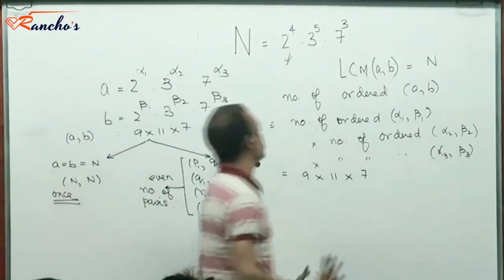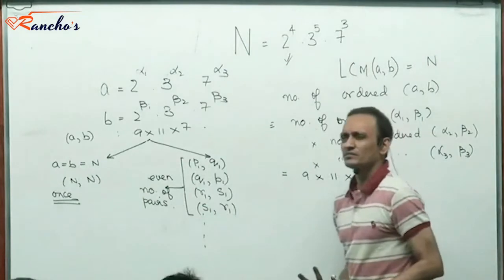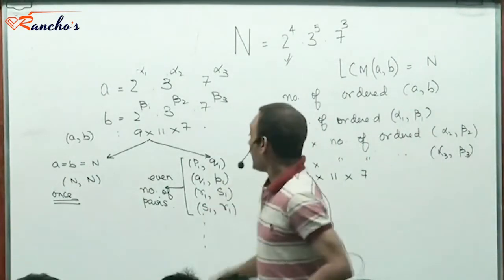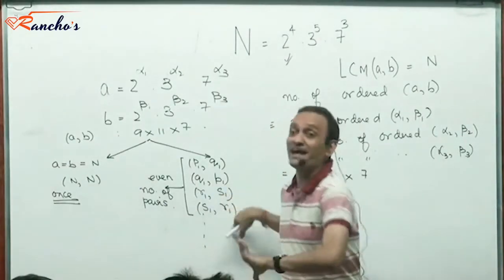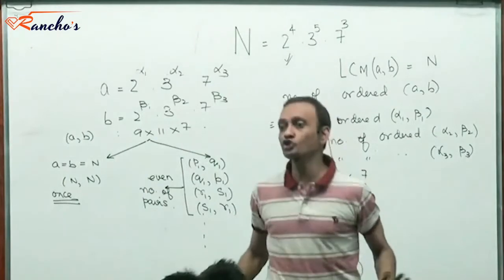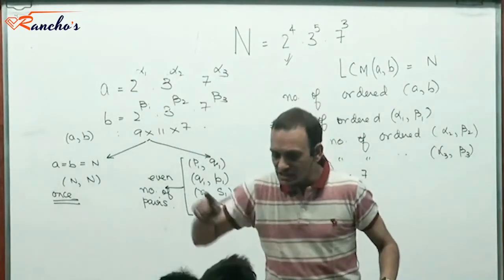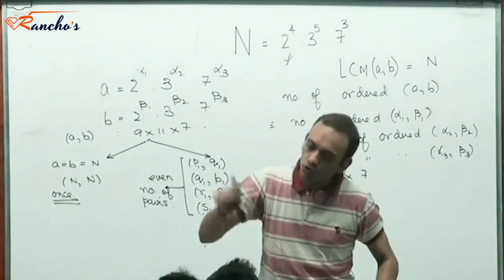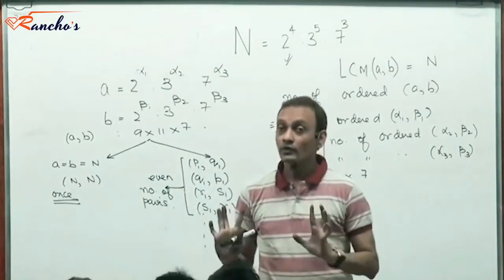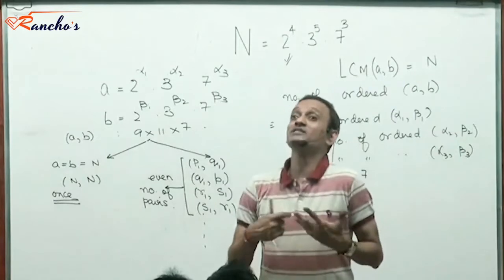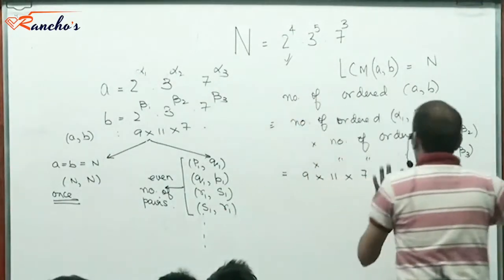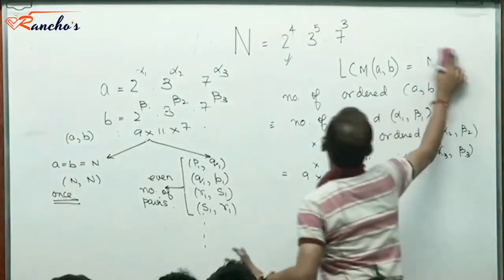Now if someone tells you that, look, I'm going to look upon P1 Q1 same as Q1 P1. I'm going to look upon R1 S1 same as S1 R1. Right? That means the order is not important. If I say LCM of 2 and 3 is 6, then 2, 3 will be looked upon same as 3, 2, suppose. Right? Then, how many pairs if the order is not important is the important thing? No. What I do is,